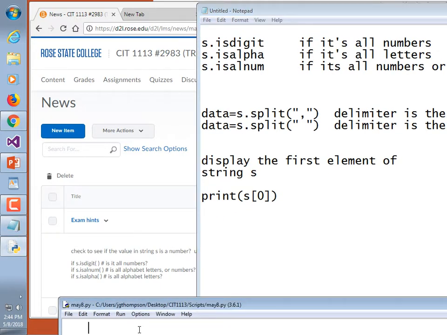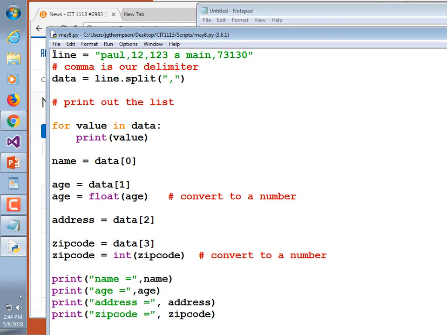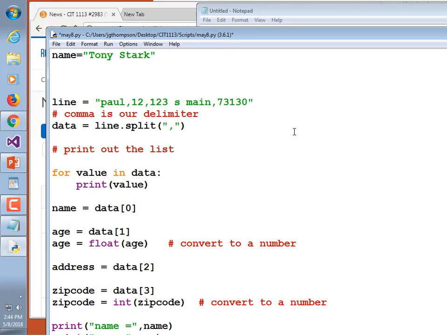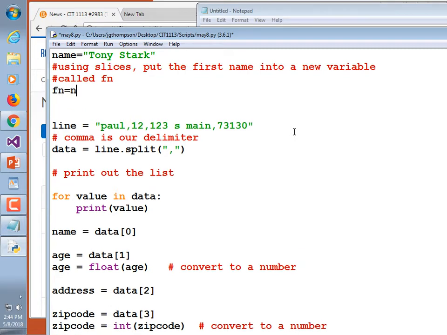All right, what if we had this? I'm just going to put this up at the very top because I'm tired of answering that question about what file to open. Name is equal to Tony Stark. And I want to put into a new string just the word Tony. So using slices, put the first name into a new variable